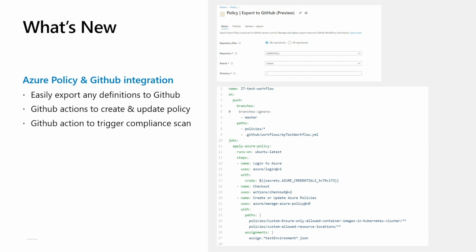With the policy definition in your GitHub repo, you can also configure GitHub Action to continuously deploy these policies to your Azure environment. So this completes the end-to-end lifecycle of how you can take built-in policies, make them your own in the form of code, store them in GitHub, and have continuous deployment all end-to-end, which is extremely cool. And we want to thank the GitHub team for their collaboration on this work.